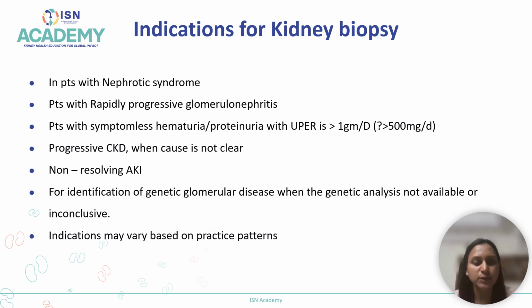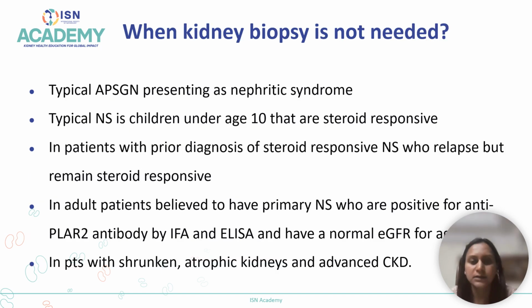Progressive chronic kidney disease when the cause is not clear, non-resolving acute kidney injury, and for identification of genetic glomerular diseases when the genetic analysis is usually not available or inconclusive. However, the indications for kidney biopsy may vary based on practice patterns. There are certain instances where kidney biopsy is not needed, like for example, in a typical case of post-streptococcal glomerulonephritis presenting as nephritic syndrome, a typical nephrotic syndrome in children under the age of 10 years and beyond the age